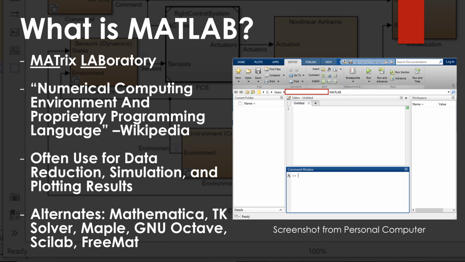So here on the right, I have a typical layout of the MATLAB environment. On the left, you have some file folder operations. On the right, you'll have your workspace. This is where you can look at your variables and manipulate them. In the middle on the bottom is the command window, so that's where you can do some command line prompt commands. And then of course you also have the option of writing code, scripts, functions, libraries, classes, objects. And so there in the middle on the top you might see a code editor.